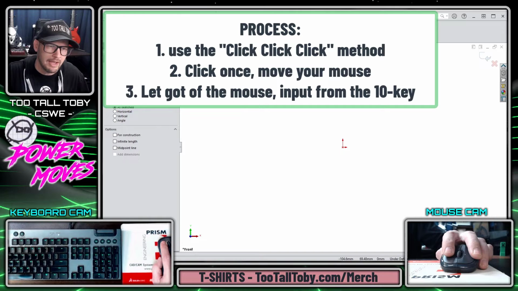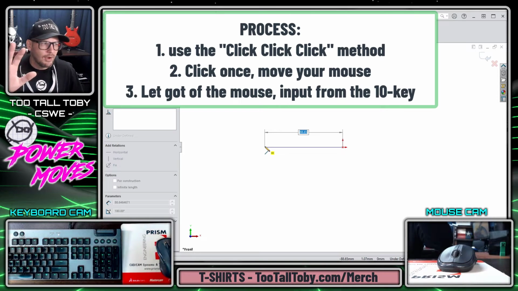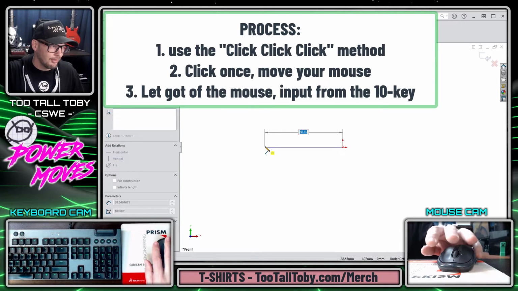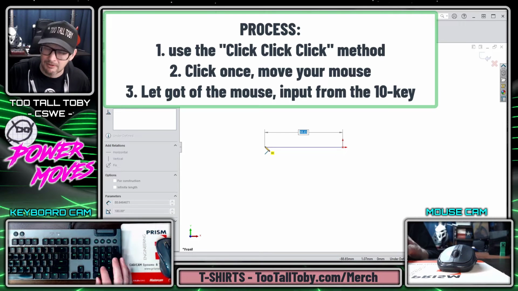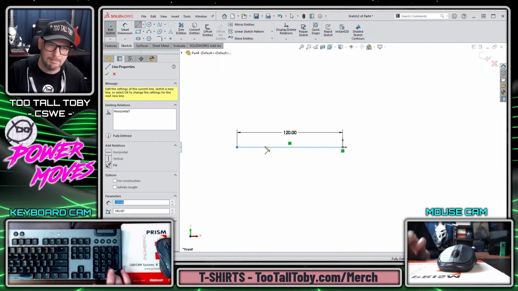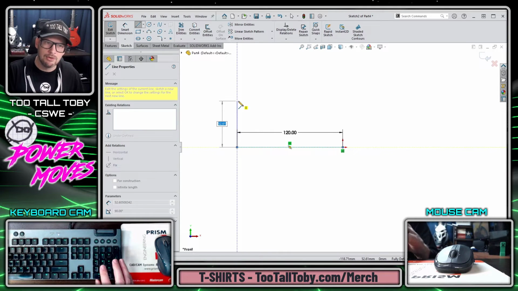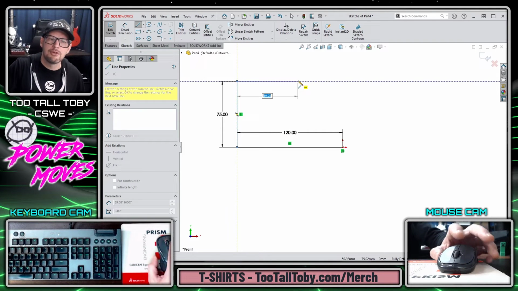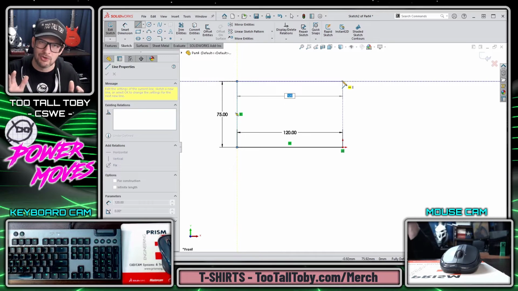So you'll single click, maybe here at the origin, move the mouse over, and then let go of the mouse. You see I took my hand off the mouse, and I'm going to move my hand over to the 10 key and type in the value for that dimension, 120, enter. Then I'm going to move my mouse up and type in the value for that dimension, 75. Now I'm going to move my mouse over in this direction, and I really don't need an additional 120